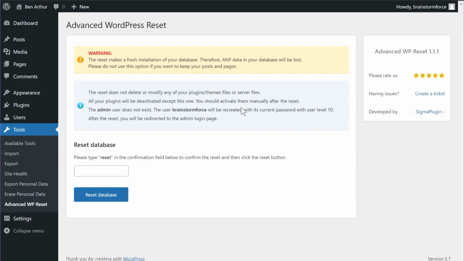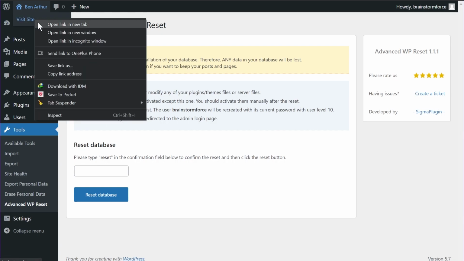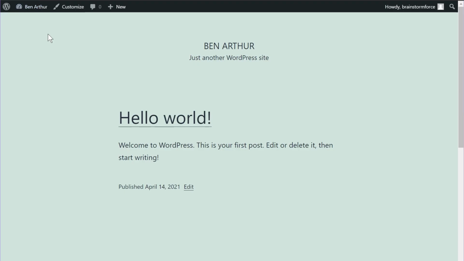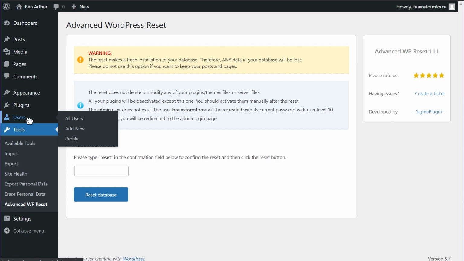And now let's check out how the website appears. And as you can see, all the content on my website has disappeared. It's just a blank WordPress install. This is using the latest 2021 theme, which is the default WordPress theme. So any content that I have on my website was deleted, but the plugins and themes I was using on my website are just deactivated. They're not deleted. So you can reactivate them and the settings for the plugins that you were using will still come back, or you can just delete them if you like.